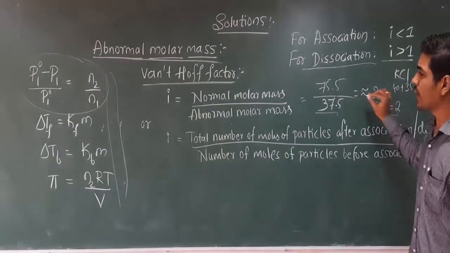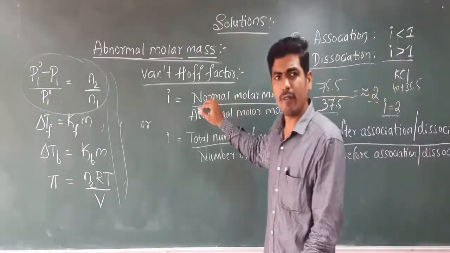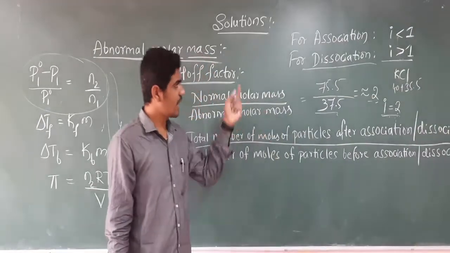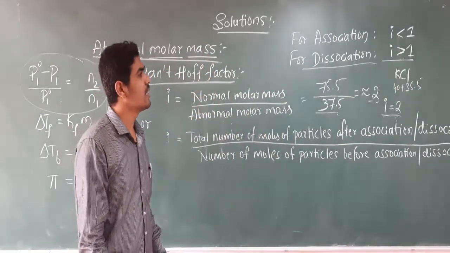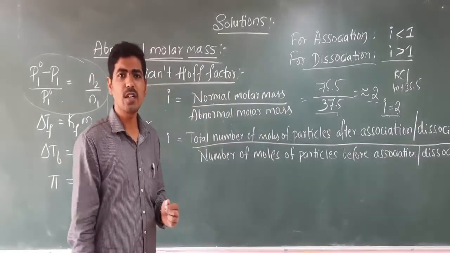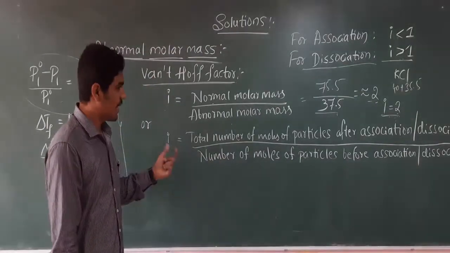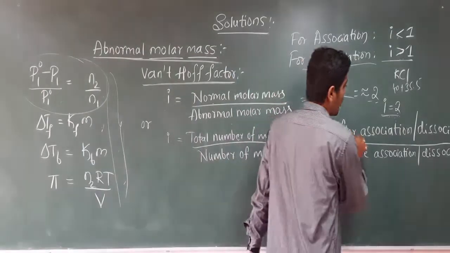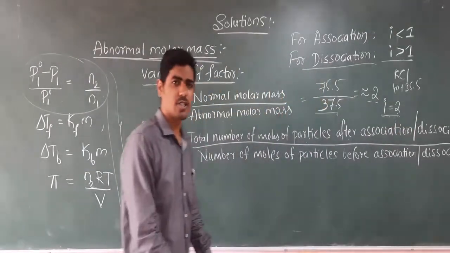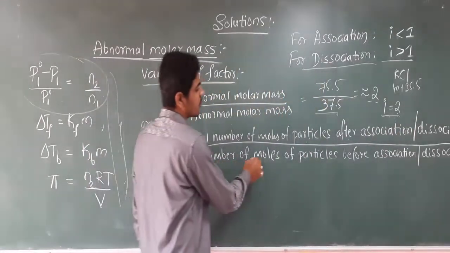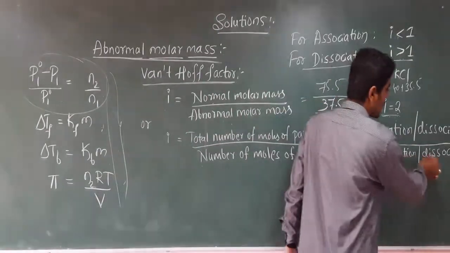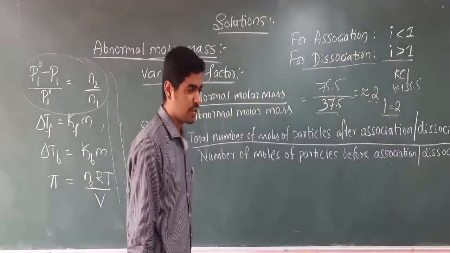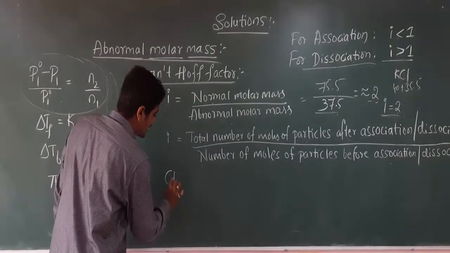So this is how we can calculate the value of i, and by using that we are able to find whether the molecule will undergo association or dissociation. Then another formula is i equals total number of moles of particles after association or dissociation divided by number of moles of particles before association or dissociation. So if I consider the acetic acid